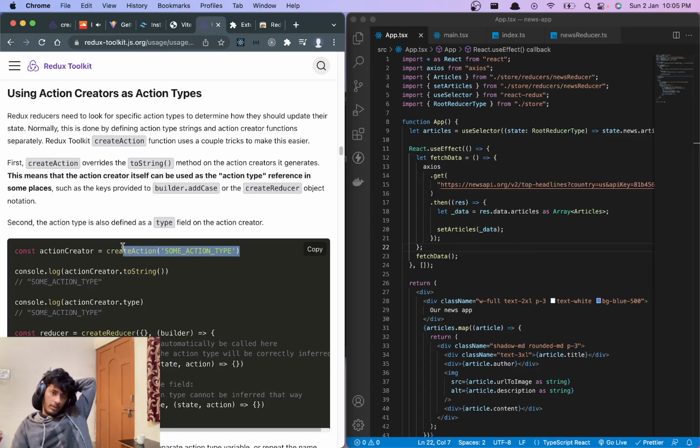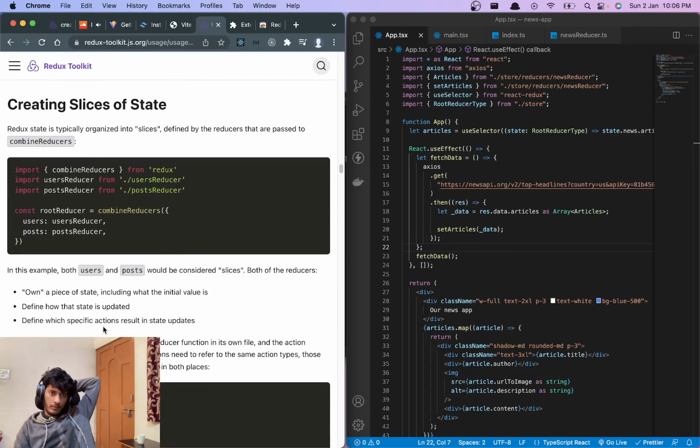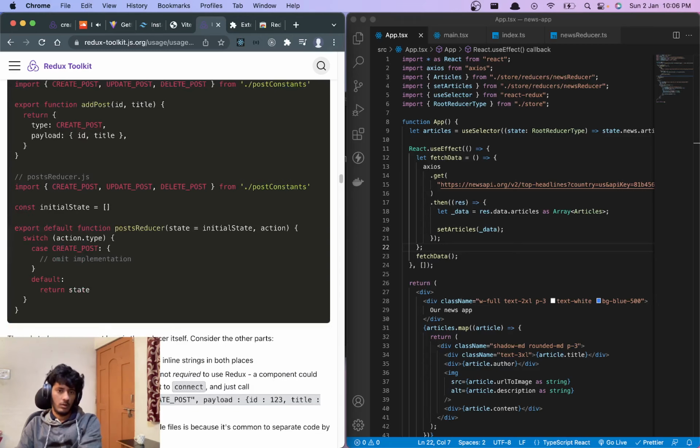So okay, we create an action, right? So guys, in Redux toolkit, reducers are known as slices, I believe. How to call this, man?